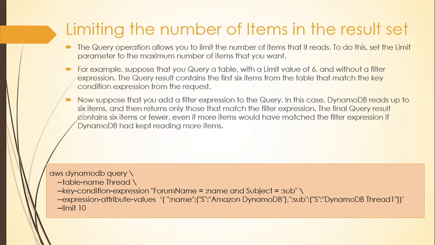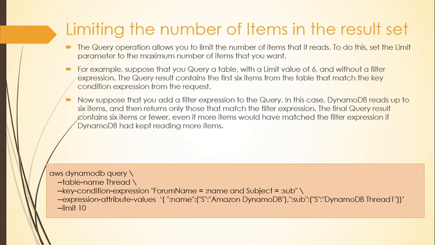So this execution happens before the filter expression. If you pass limit equals 6, sometimes you will still get fewer items in your result, because DynamoDB applies the limit to your key condition expression, and after that it filters your query. So if you are not using a filter expression, then you will get exactly that number of items. But if you are using a filter expression, you can get the same or fewer number of records.